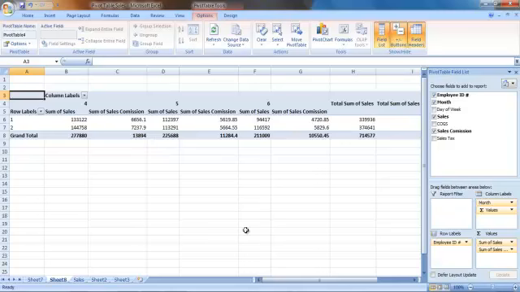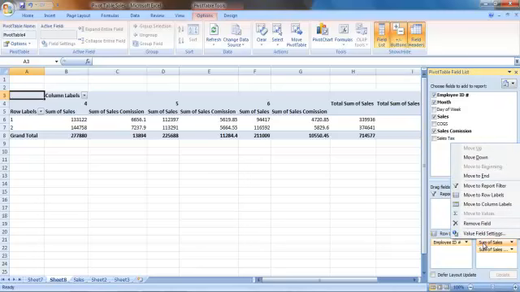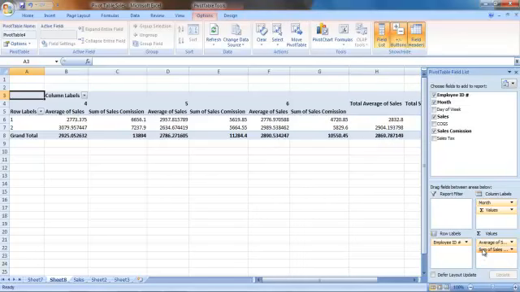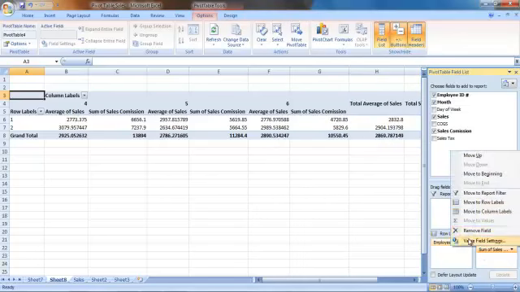Instead of sum, maybe you want the average sales commission per transaction, or the average sales per transaction by each employee. Just click on the sum of sales in values. You don't have to right click it, just click on it, go to value field settings, and over here you can select the function you want. I'm gonna do the average, so you can either double click on it or select it and click OK. I'm gonna do the same for sales commission,